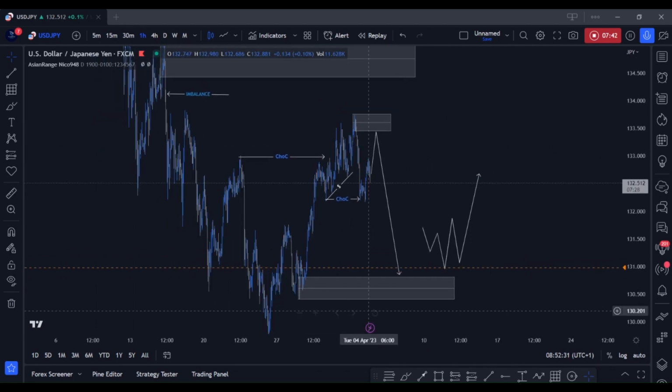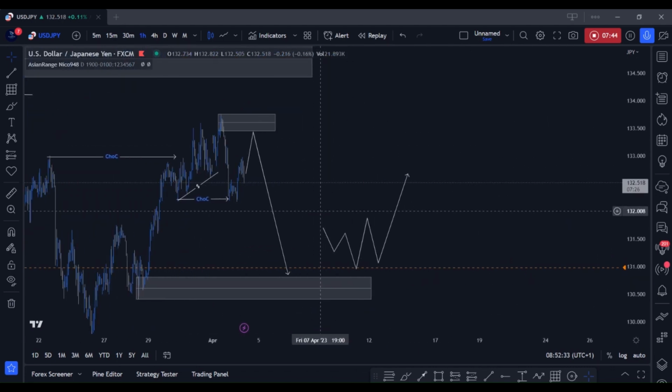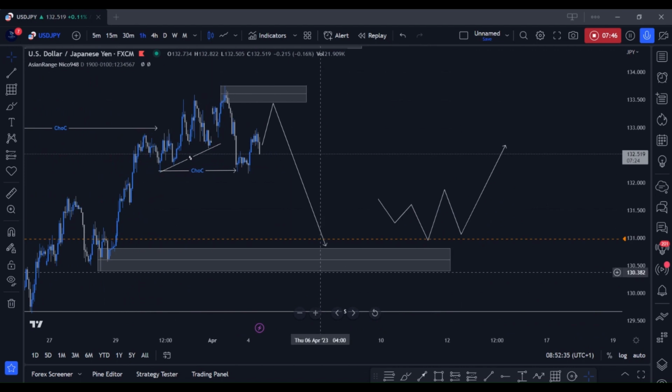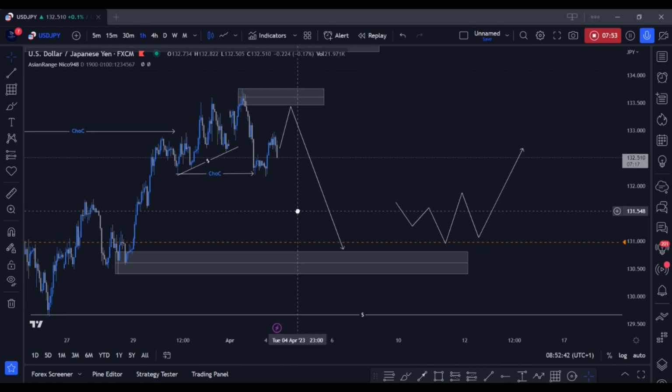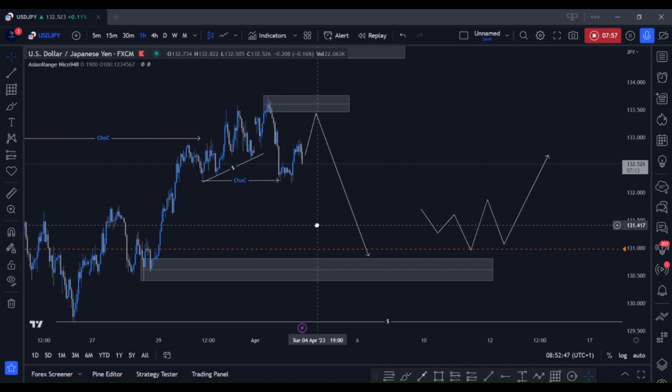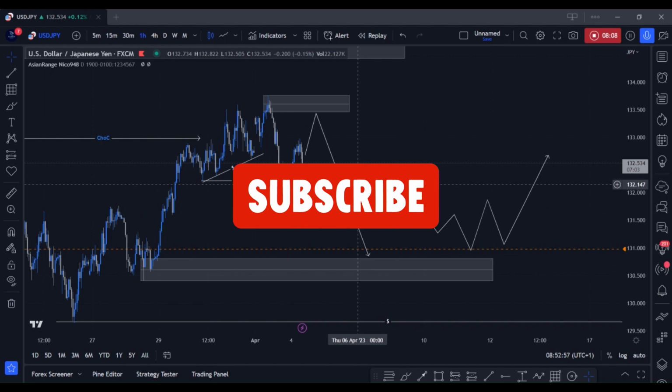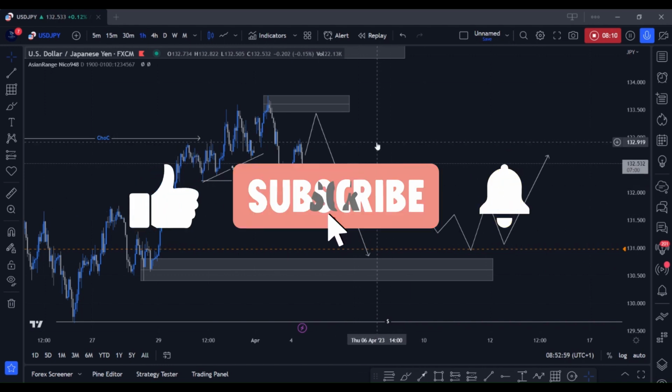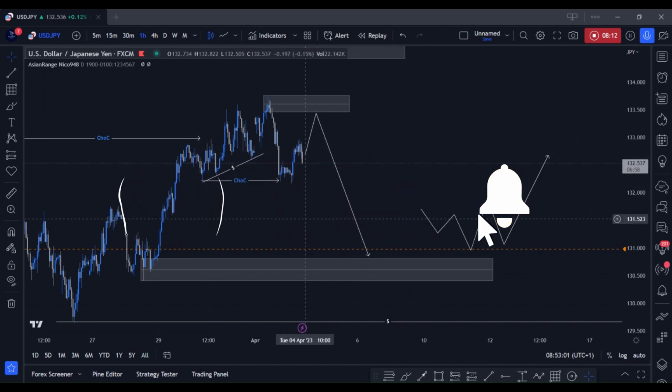So yeah, this is a quick breakdown on USDJPY, and this is the technical side of things. Obviously, fundamentals do play a huge part in it, especially this being the first week. We've got NFP coming in this week. We've got a lot of major and important news that can affect the market and change how price actually moves. So we've got to keep that in mind as well. So be on the lookout for the news and stuff like that. But this is a quick short video to break things down, and obviously my analysis on